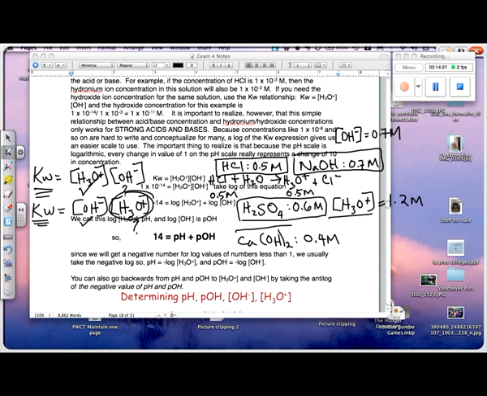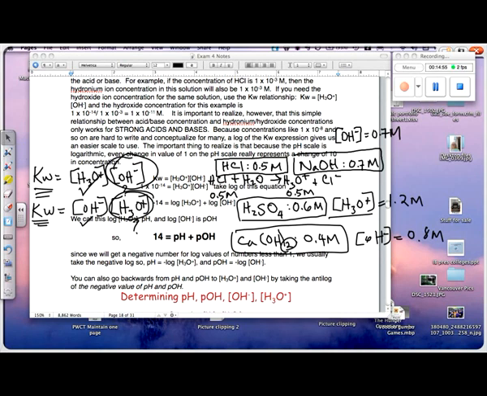Calcium hydroxide, strong base. If calcium hydroxide is 0.4, then the hydroxide ion concentration is going to be 0.8 because of that 2. I have 2 hydroxides for every calcium hydroxide. And again, base, I will know OH minus, and I can then figure out my hydronium ion concentration. So when you have an acid, you have an H+, and then you can get to pH, and so on,